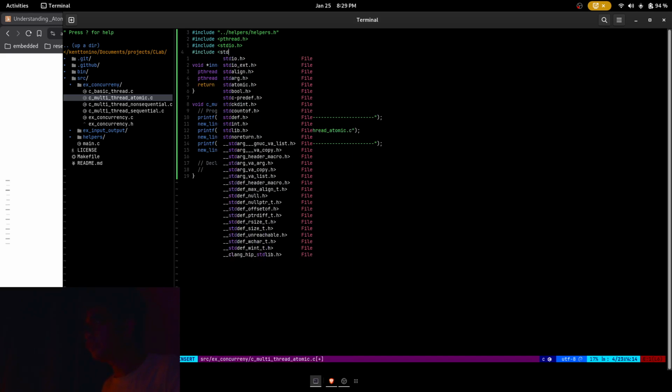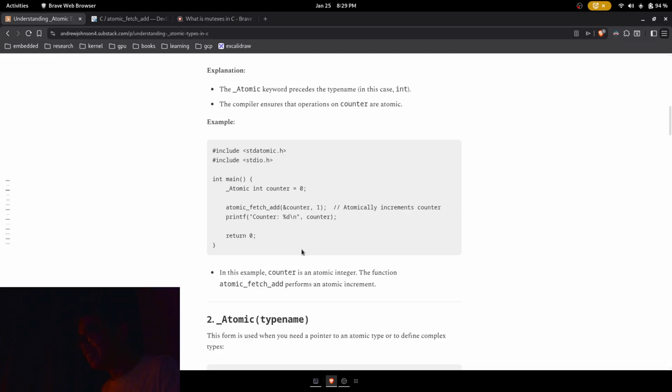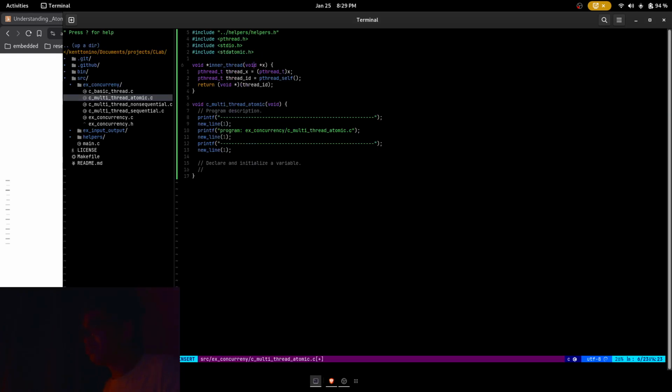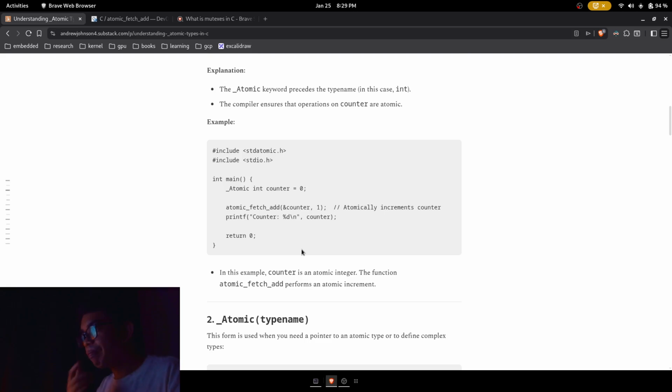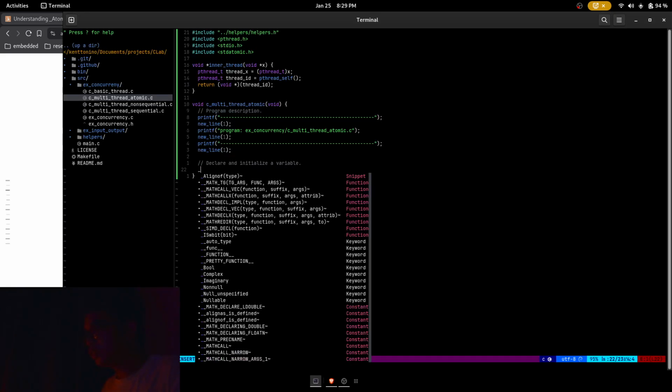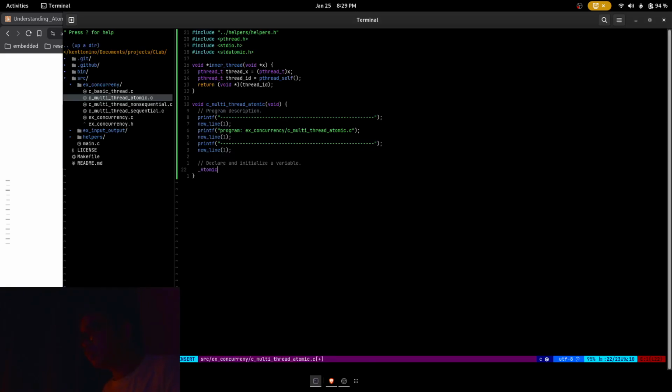STD, so STD is not like those sex related diseases. It means standard. So okay, atomic. So in here we will try to implement what is shown here. So in here atomic